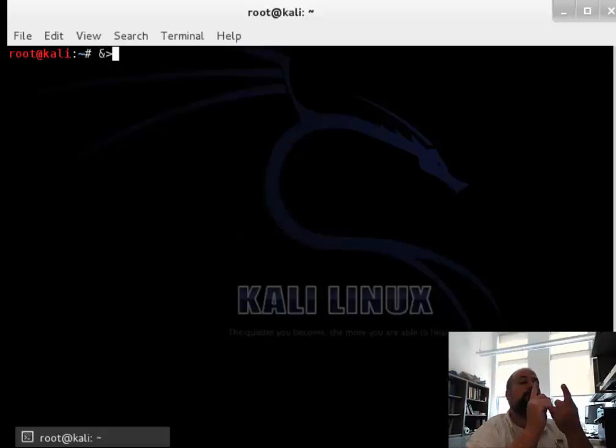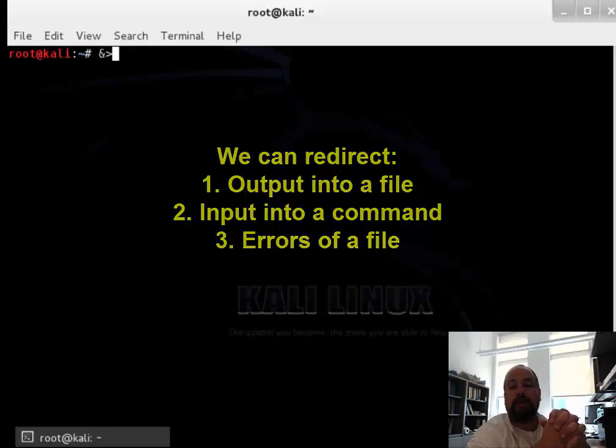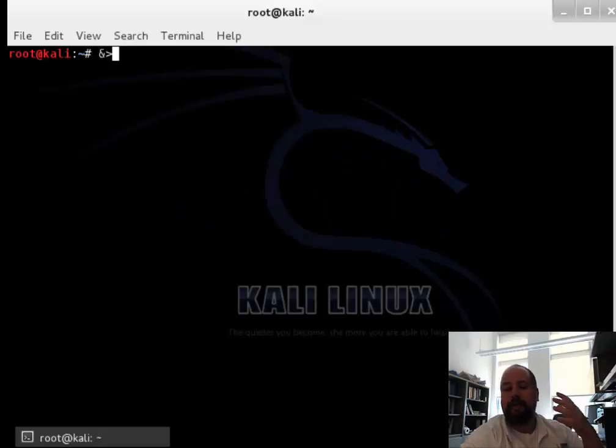Okay, so you can redirect the output to a file, you can redirect the output and append it to a file, you can redirect the standard in to a particular command, and you can redirect the errors. That's really common if you want to save the errors to kind of go back and see what went wrong when you ran a very large, complicated command. All right, one last very important tool,